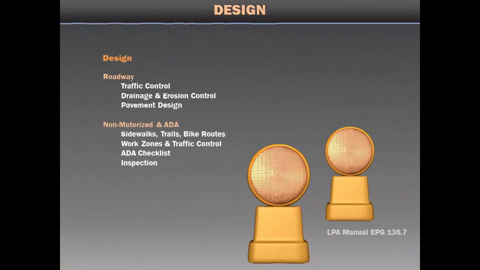In Missouri, MoDOT's ADA checklist is required on all non-motorized projects. The purpose of this checklist is to make sure the inspector and contractor know the ADA requirements. Sometimes the design doesn't work with the field conditions, so the contractor will need to adjust the design to ensure the final product meets ADA standards. It's usually too late at final inspection because the only option at that point is to tear it out. Standard deviations from ADA requirements must be approved by your district MoDOT contact.